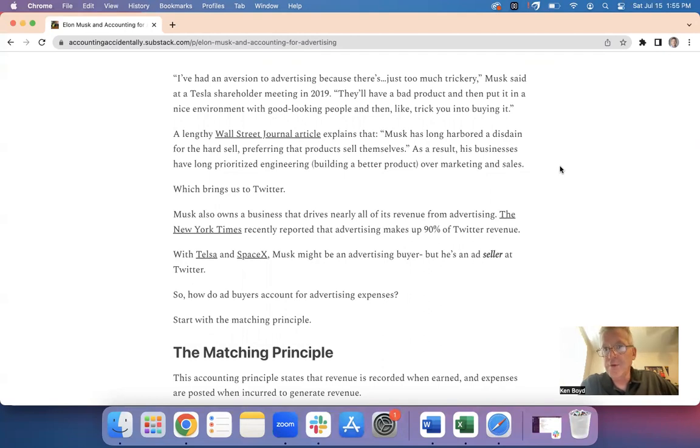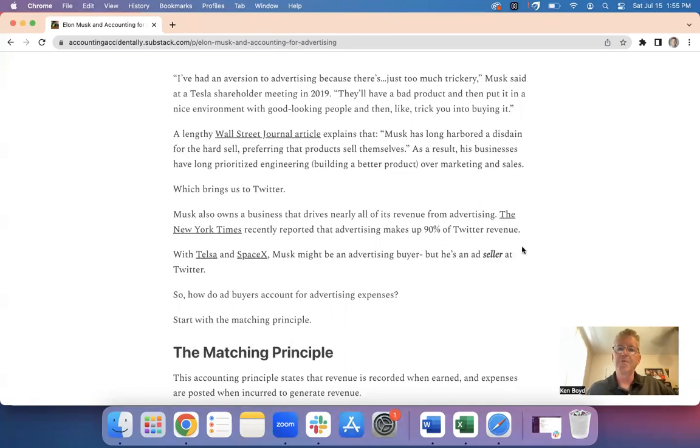So there's a lengthy Wall Street Journal article about Musk and Linda Yaccarino, the new head of Twitter he hired to sell advertising. Musk has long harbored a disdain for the hard sell, preferring that products sell themselves. As a result, his businesses have long prioritized engineering, building a better product over marketing and sales, which brings us to Twitter. The challenge for Musk is that he owns a business that drives nearly all of its revenue from